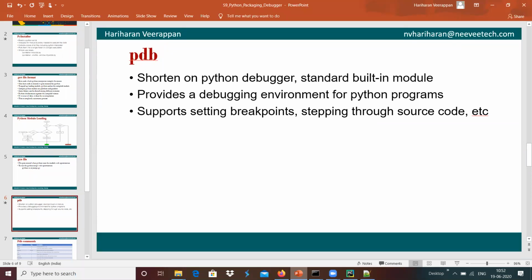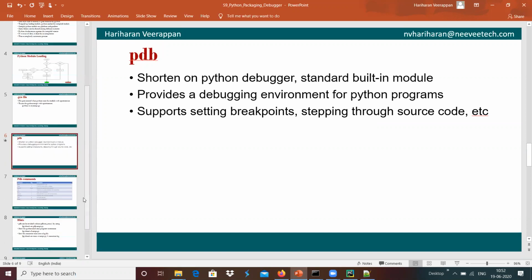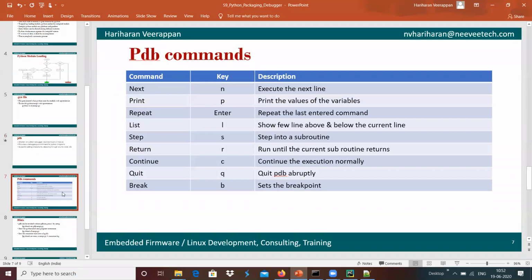And we have the GUI option over here, but internally it works with commands and keys.